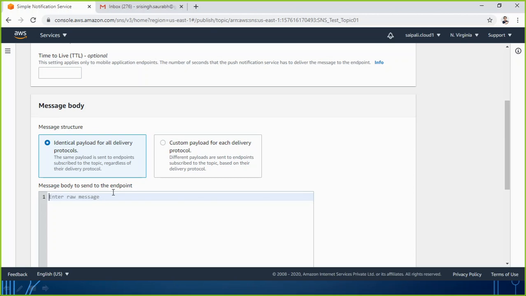I want to test that the message says: Saurabh, SNS is sending this notification to you for checking SNS function.